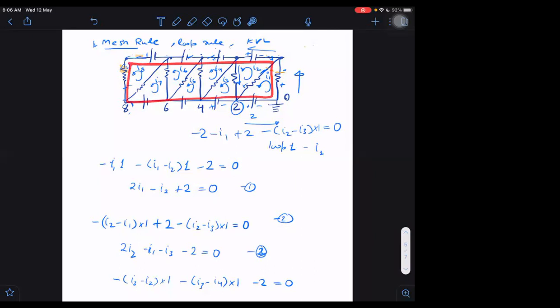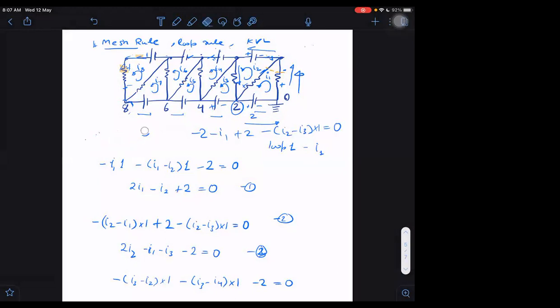Now you will notice that the equation we are getting by adding all these loops is nothing but our biggest loop equation. Are you noticing or not? See, minus 2, minus 2, minus 2, minus 2. How many times is minus 2 appearing? 4 times. And plus 2 is appearing 4 times, so they are cancelling each other. And in this vertical branch, minus I1 here and minus I8 here. So minus I1 minus I8 is equal to 0. That I1 plus I8 equals 0 equation is also what we are getting by adding all these.